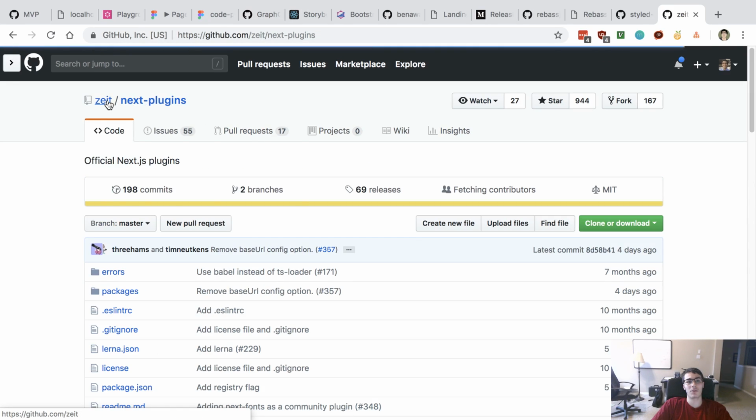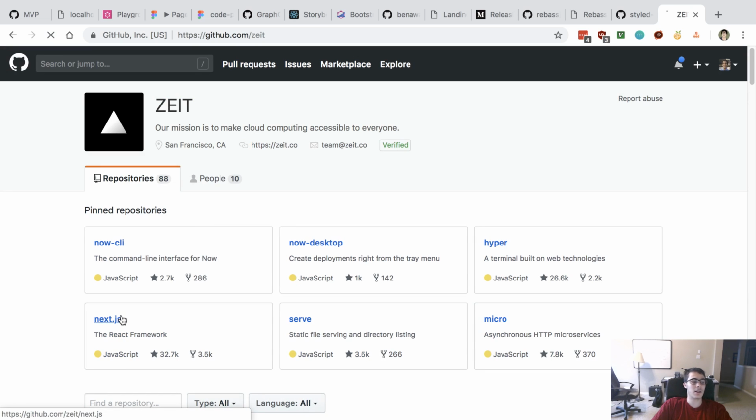So they have some examples. I'm just going to check if they have an example with styled components that uses the CSS prop.